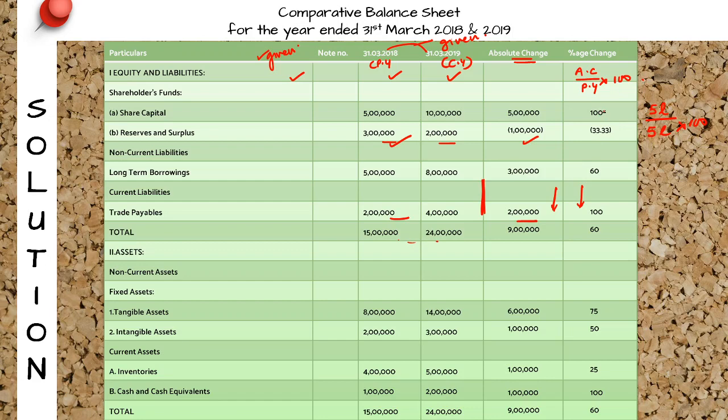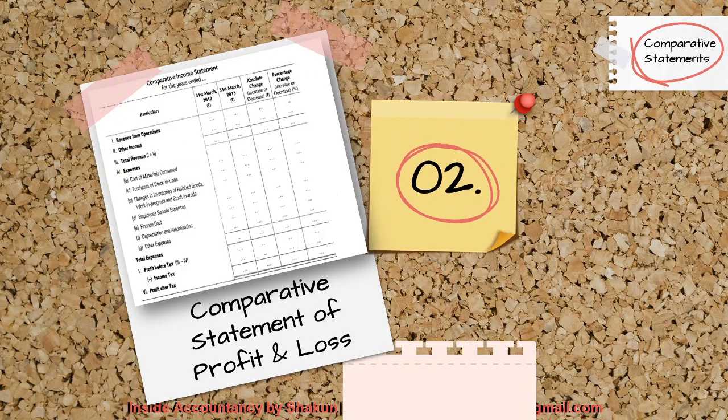So even if in the exam you feel that there is shortage of time, you can do till here only. Don't calculate the percentage change. If you feel there is shortage of time, still you will get 3 marks. But this is very easy, and I think if you round it off also, even if it is approximate or close, you'll get the marks, right? So moving on, this was the comparative balance sheet.